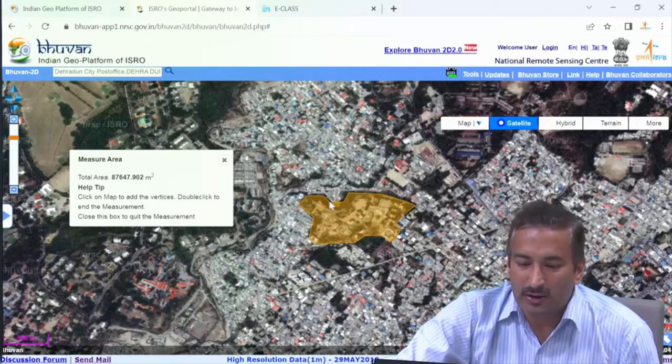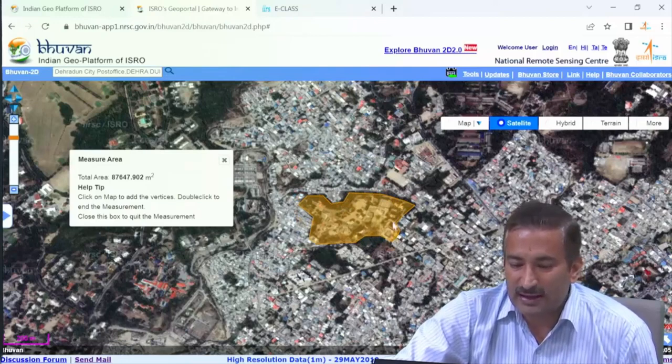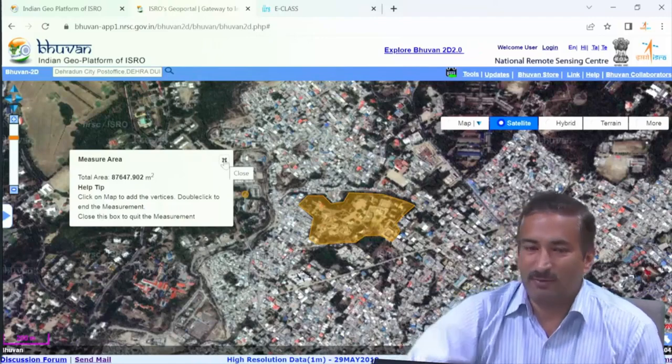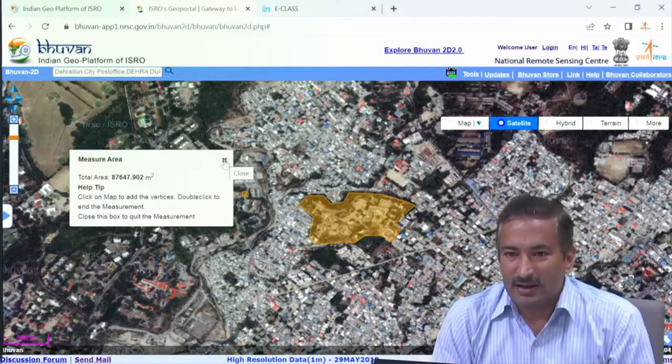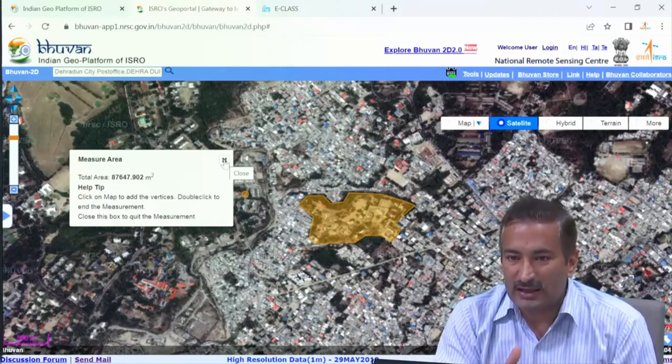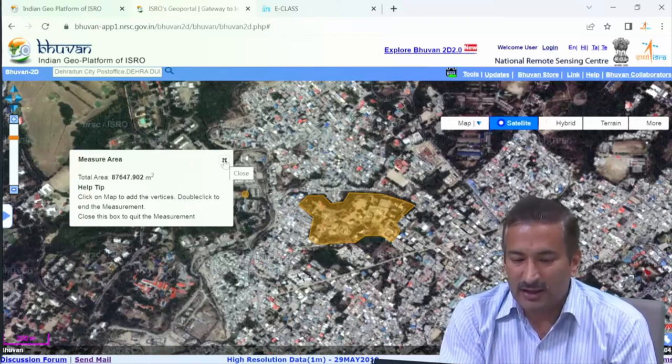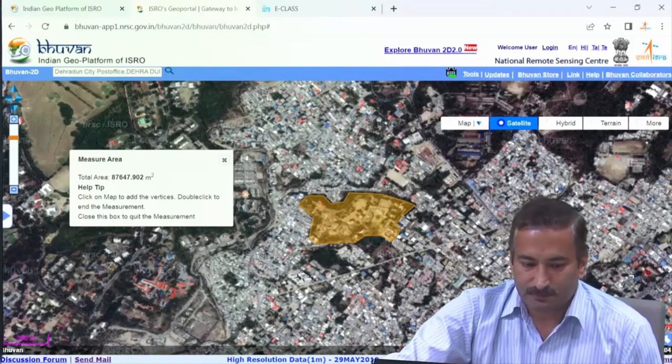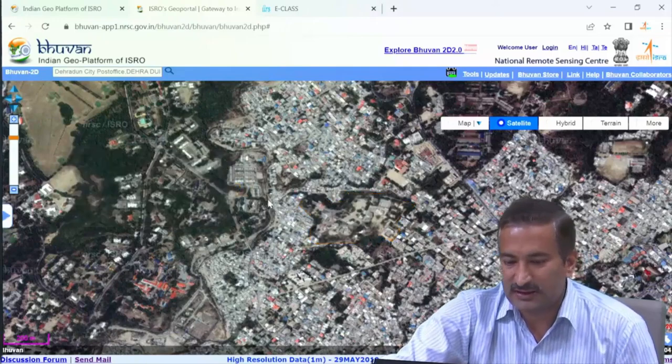So you try to calculate the same thing from the satellite image as well. Okay, so this is one small experiment which we have performed, that is measurement of a particular area from the satellite image. So this first exercise is done.